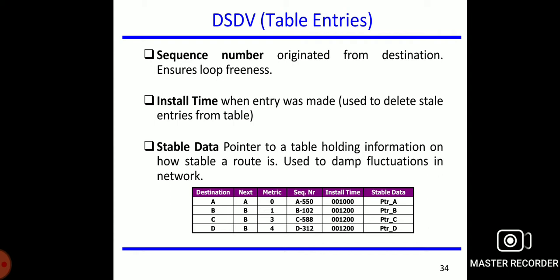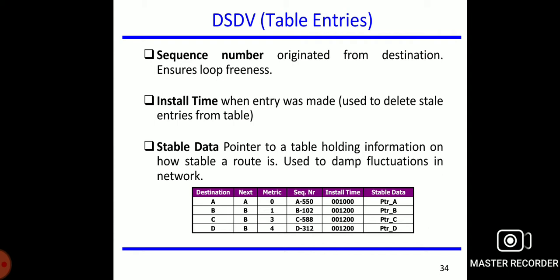So the destination is A and the next hop is A. What are the metrics? The shortest path distance is 0, the sequence number is 550, and the install time and the stable data are for port A or port B. Each node advertises to each neighbor its own routing information, that is, the destination address and metrics.